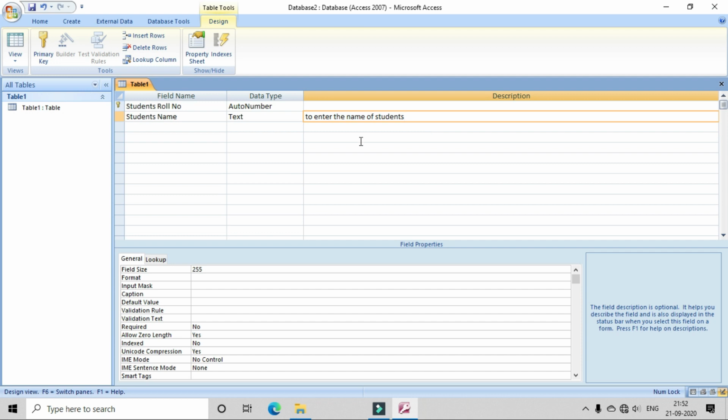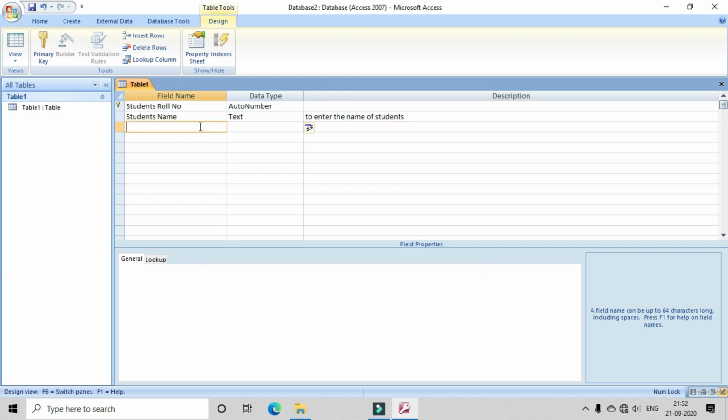So let us create a table based on the student information, okay, with the help of which we can generate a report card later. So student roll number we have taken, student's name we have taken. Let us take student class. Class, it will be a number.